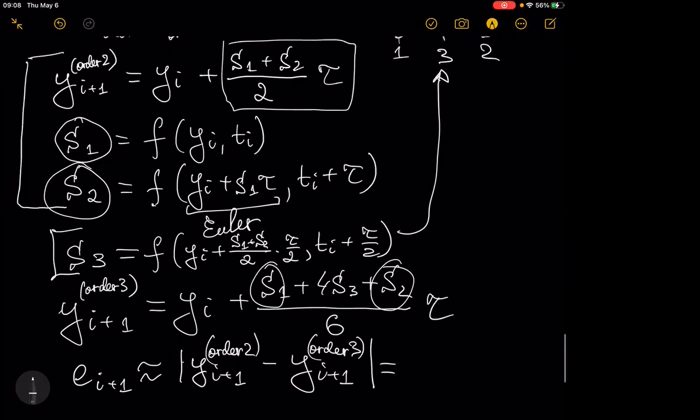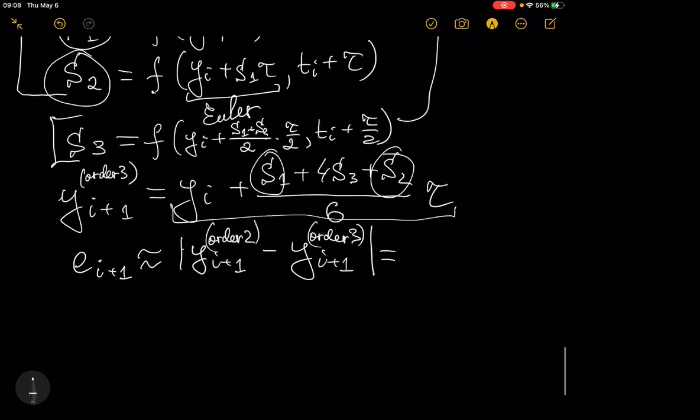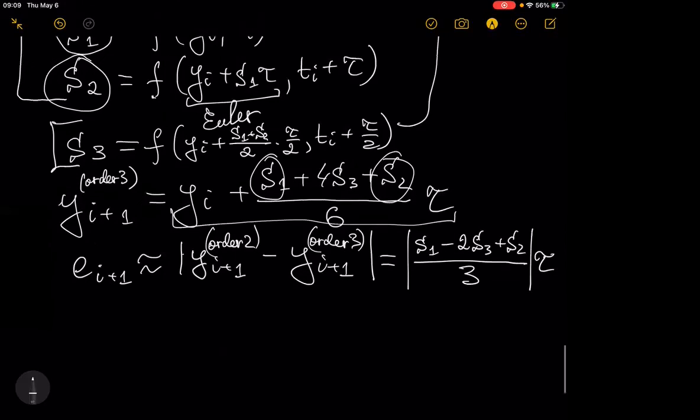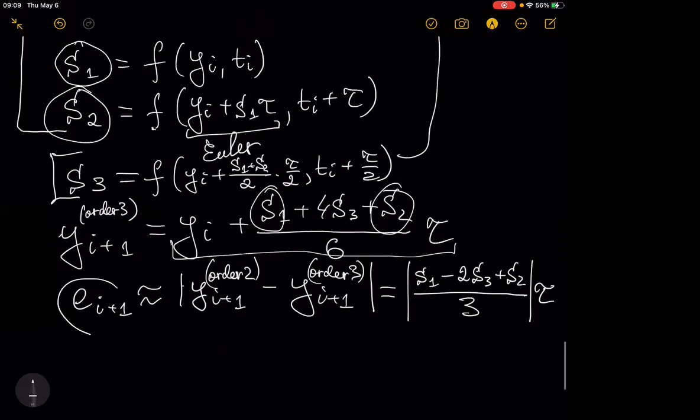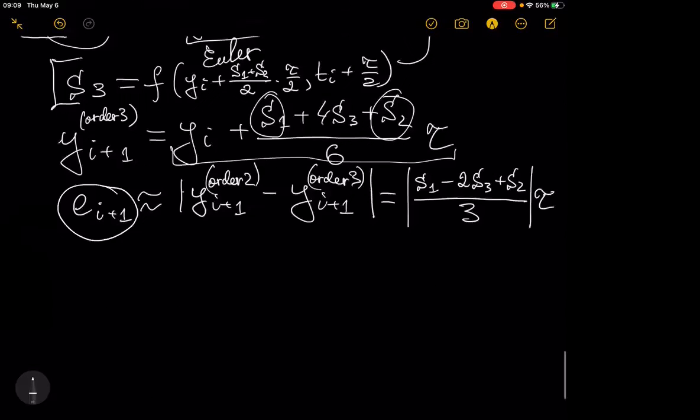If you just subtract, what you get is nothing else but (S1 minus 2S3 plus S2) divided by 3, multiplied by tau. So that's it. This is the estimation, and then you use it for tau_{i+1}, the next